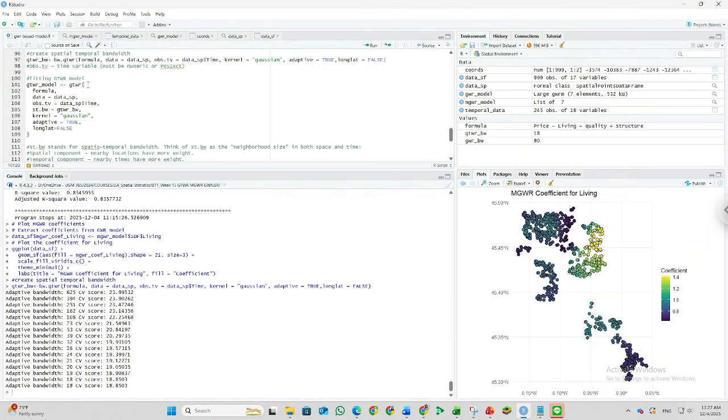So we can run the fitting GTWR model. You can see in here we have the original dataset. We use the temporal and also the spatiotemporal bandwidth. We use the result, 18, and then we can run.